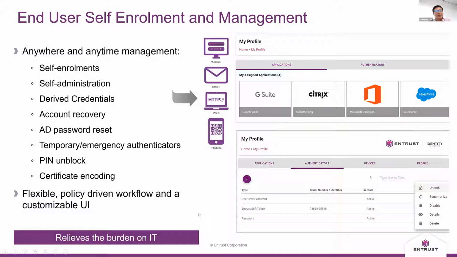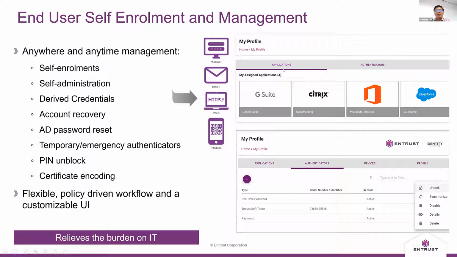When the end user is blocked from his password, he can just go to a self-service portal provided by the IAM solution to unlock his credential, for example. You can see on the screen here. That can relieve IT from all the administrative work.